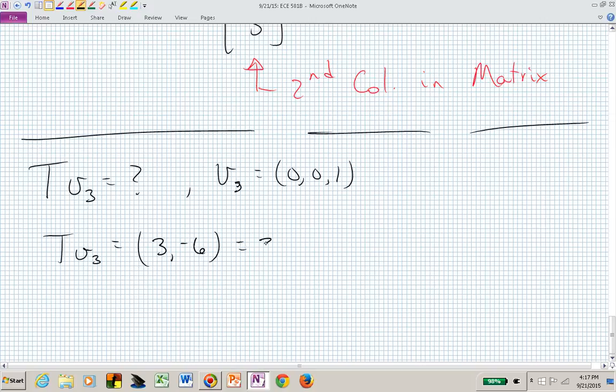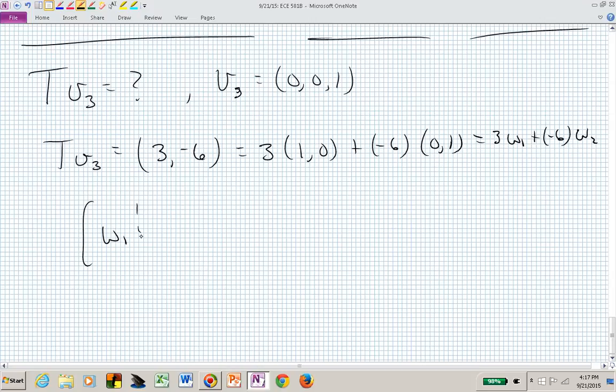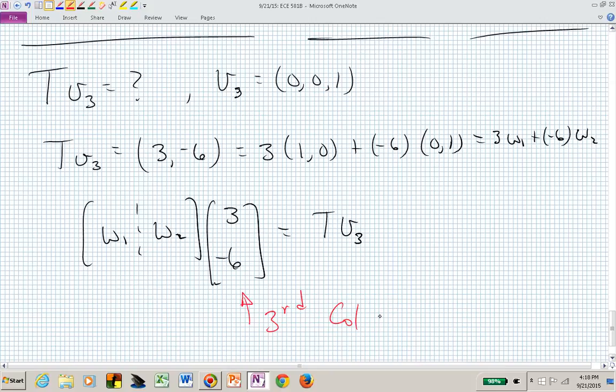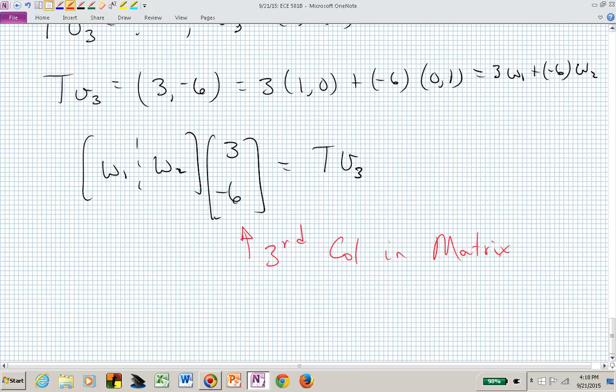Which is now 3 times (1, 0) plus minus 6 times (0, 1), which is 3W1 minus 6W sub 2. We can now build TV sub 3 from a combination of W1 and W sub 2 by weighting that by 3 and minus 6, and that now becomes TV sub 3. This is now the third column in our matrix, and we will now